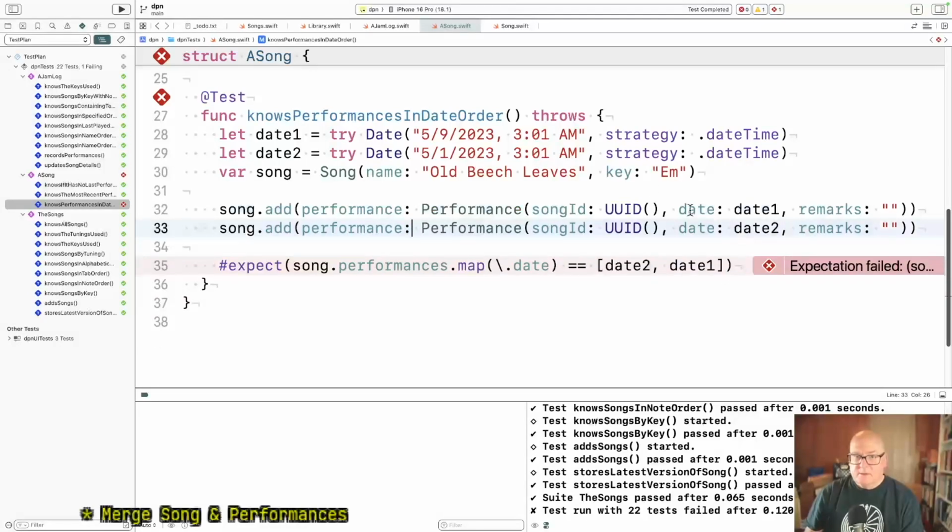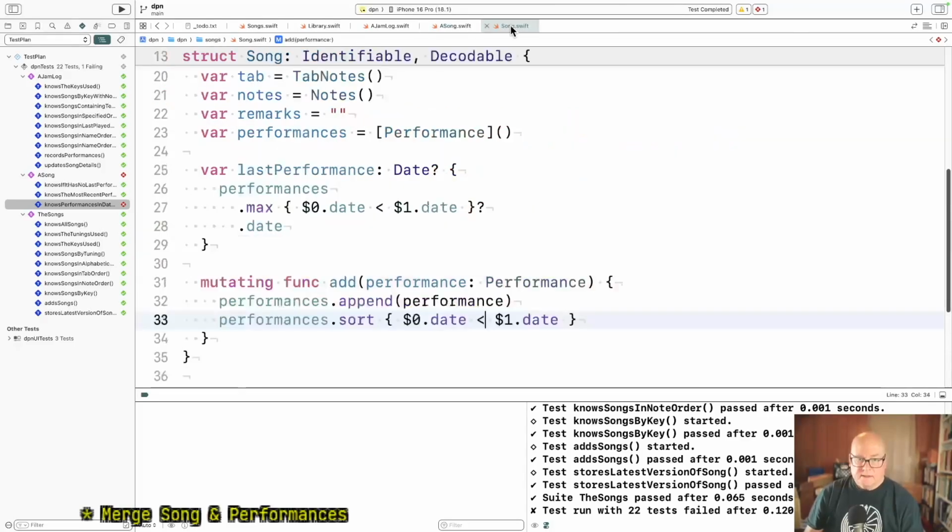Okay, even though I put them in latest first, I want to see date 2, date 1. I think I do less than. Okay, let's try that. Since that is the function we should be testing.